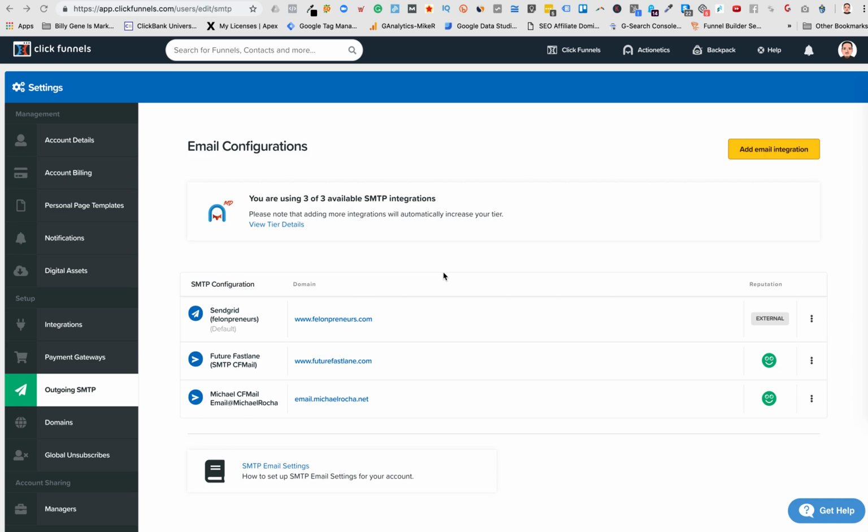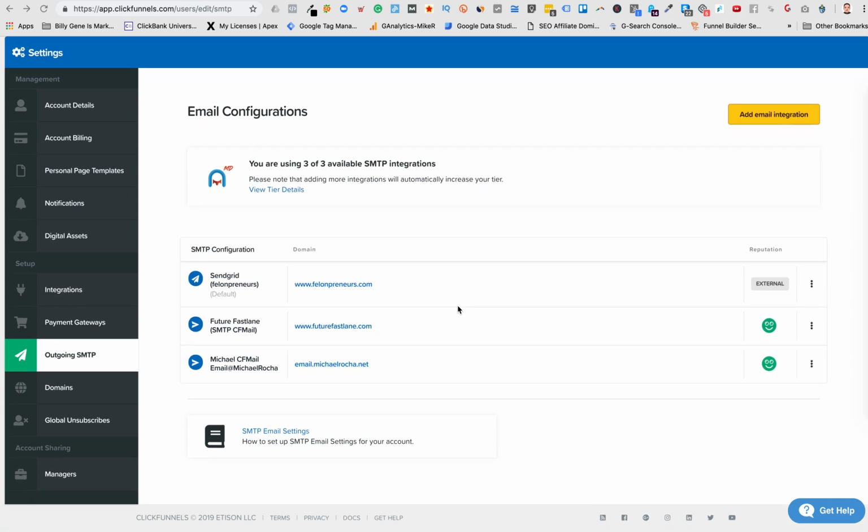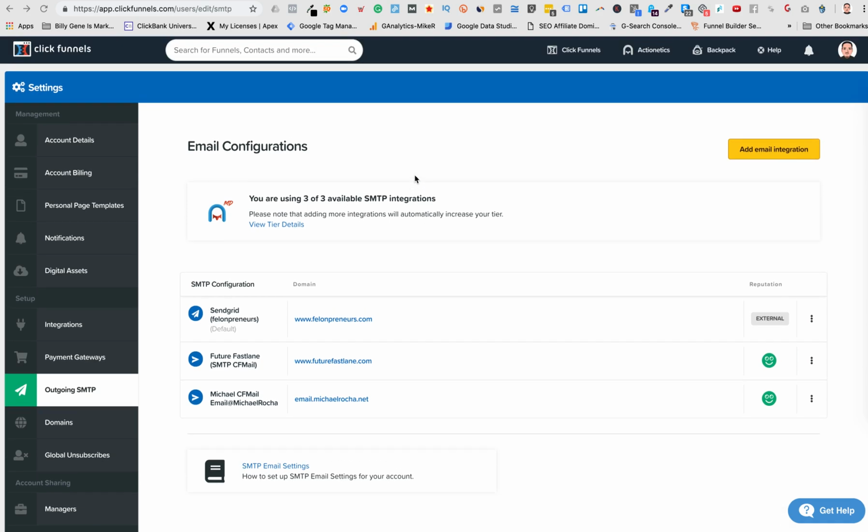So what I want to cover is how it works, why you need it with Actionetics, because it's not like your typical autoresponder, right? Generally, when you sign up for MailChimp, Aweber, things of that nature, you don't have to necessarily worry about an SMTP, right? Now, ClickFunnels does have an all-in-one solution, but they allow you to choose your SMTP provider, which is really awesome